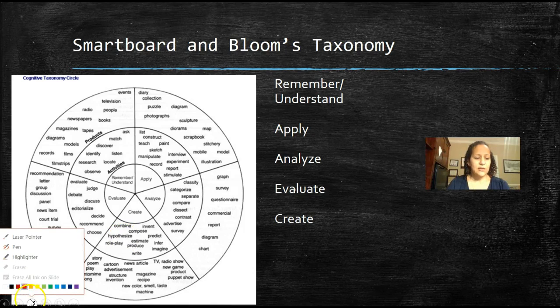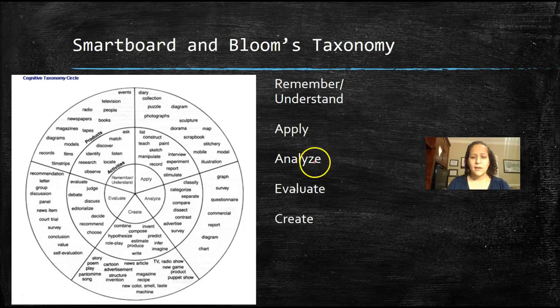So when we look at Bloom's taxonomy, and we go to the remember, understand, some of the things that we can do on the smartboard are listed in there. So locate, identify, match, ask. We can do all of that with the smartboard. Products would be diagrams. Diagrams you can definitely do on a smartboard. Models you can do. Films. You can do just about anything in that level of Bloom's taxonomy using our smartboard. So I'm going to put a check